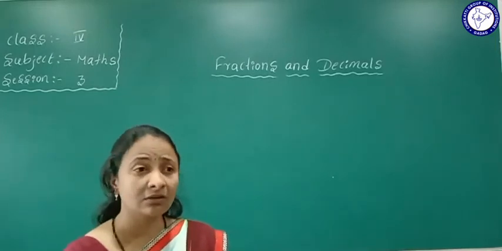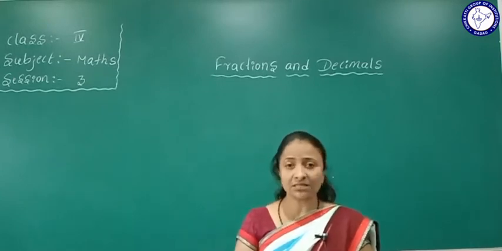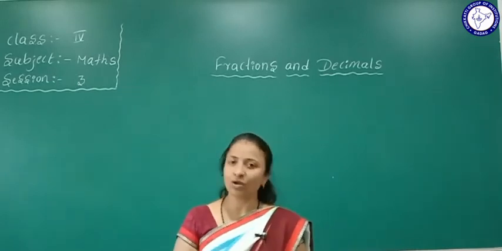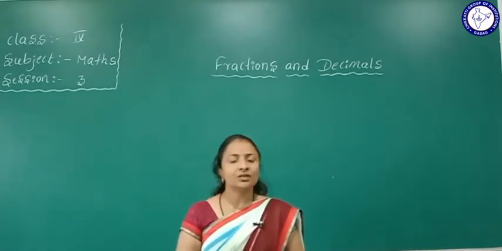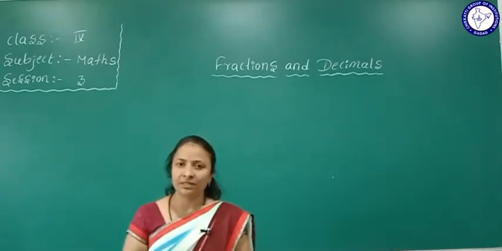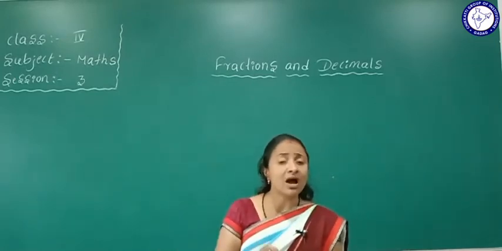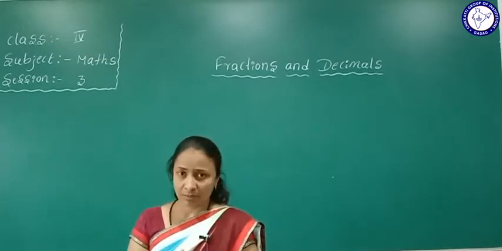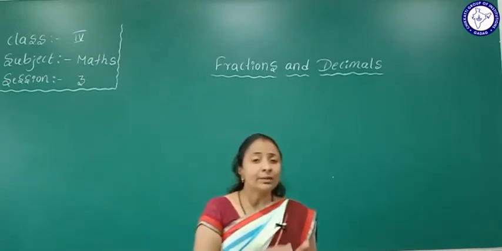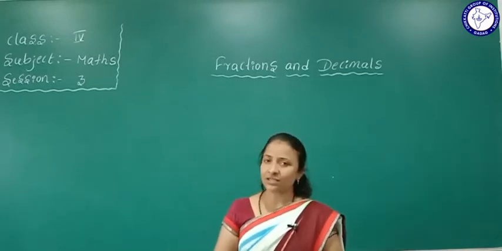What we call a fraction has a denominator and a numerator. So, what is meant by a fraction? A fraction is the equal parts of a whole object. Numerator means the part which is shaded in the whole object. And how many parts are there? The parts in the whole object, that we call the denominator.